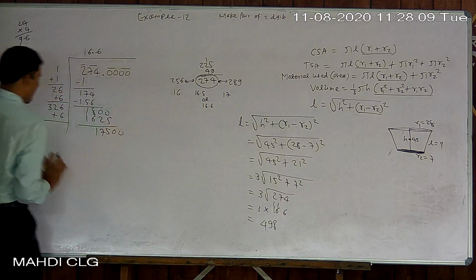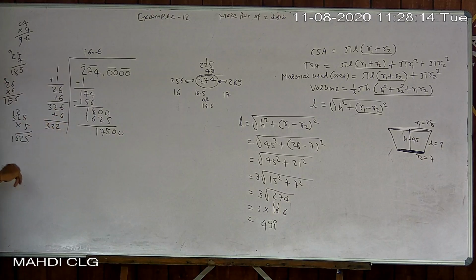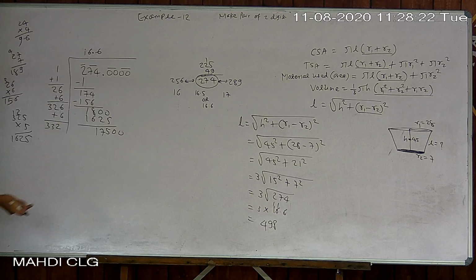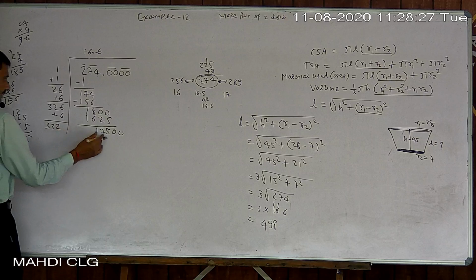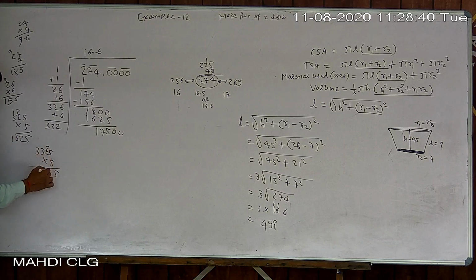Now look at 6 plus 6 is 12, 3 plus 3 is 32. Now look, 3321 into 1. If you place 1, then here also 1, 2 then 2. So 3322 into 2. That way just try to go ahead. So 3325 into 5. If you place 5 here, then multiply by 5. If you place 4 here, then multiply by 4. So 5 times 5 is 25, 2, 5 times 2 is 10 plus 2 is 12, 1, 5 times 3 is 15 plus 1 is 16. So it is quite near to that.